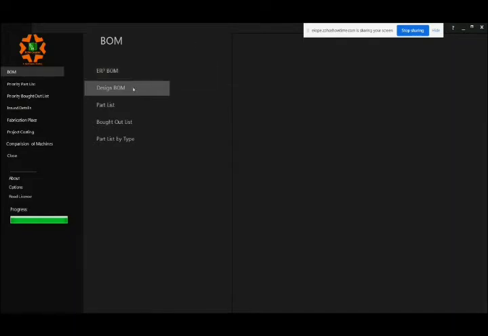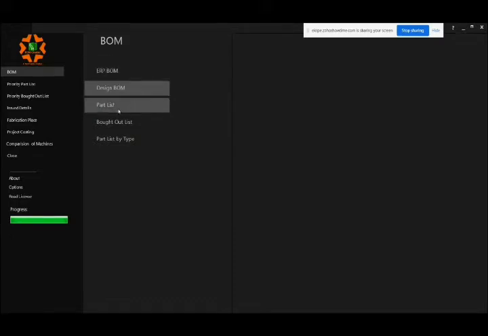Second is the design BOM. Design BOM is nothing but an enhanced version of the SolidWorks indented BOM. It gives you the complete level by level detail of each and every component, and also the complete composition of your machine. We'll see how it really works.